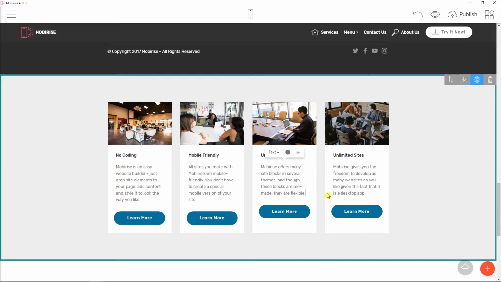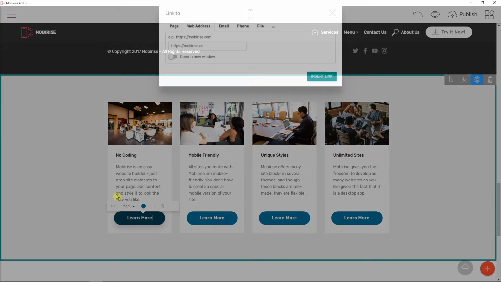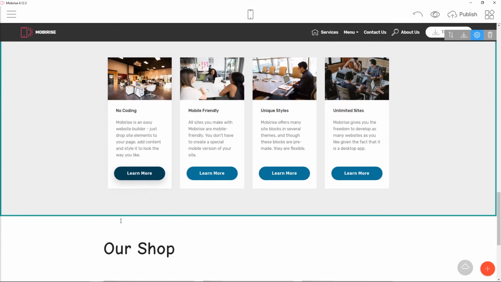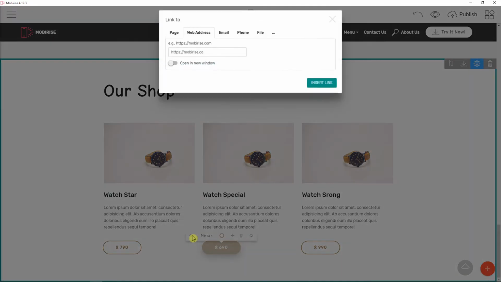I recommend aligning the text with the, so you have like all the buttons in the same row. Just edit everything here, and then you can like learn more. You can link it to another page. So if you're gonna create a new page where you talk about like no coding, or when someone clicks on no coding, you can set it up on a different link,